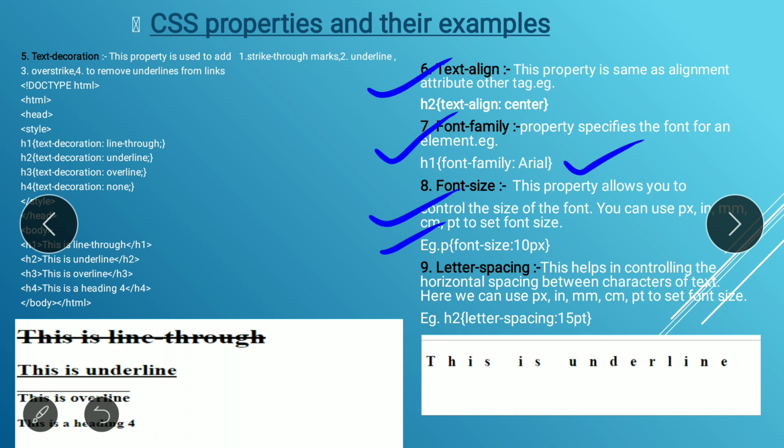Here we can use pixel, inch, millimeter, centimeter, point, and so on. Here I give you one example: h2 letter-spacing, and after the colon you write the points or pixels or anything, right? This is the letter spacing.